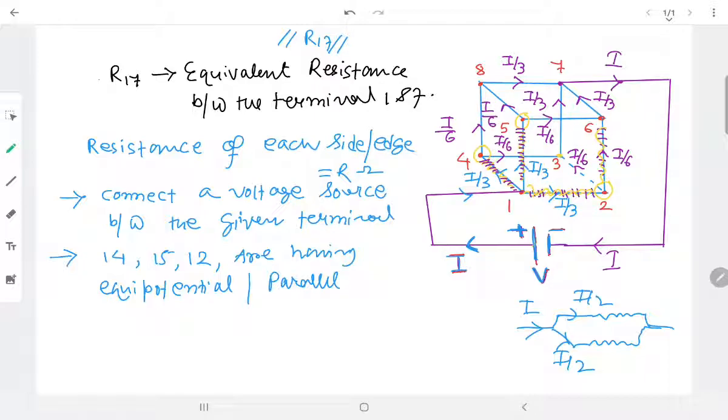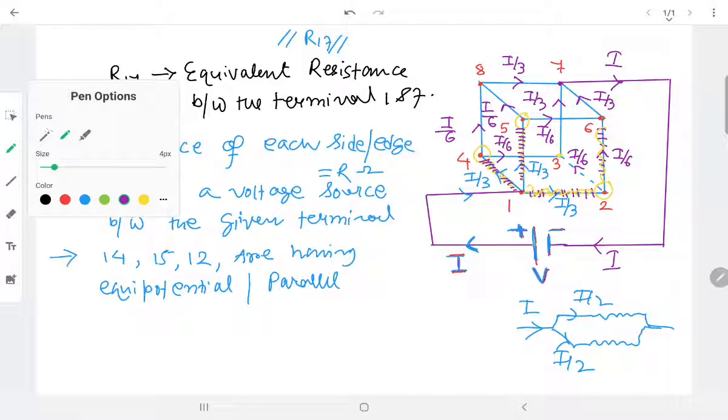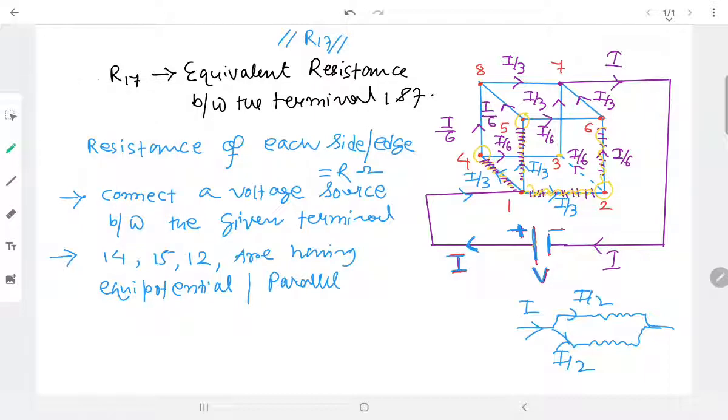Okay, now the important part, to find out the equivalent resistance. We know that right now we assume that every edge is having resistance R ohm. Now we will apply KVL, Kirchhoff's voltage law. KVL is applicable to any closed circuit. If the path is closed, then easily we can apply KVL. So where will I apply the KVL? I will apply the KVL in this dotted path.